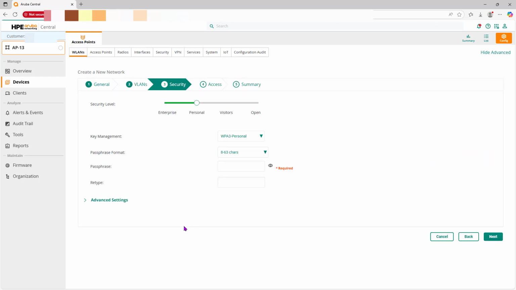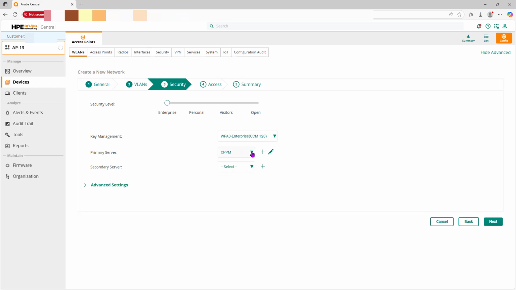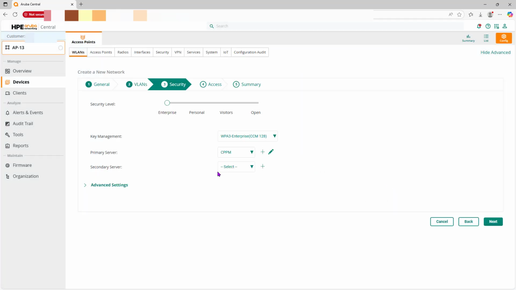And if we go next, we can go enterprise, but we need to add settings like who is the ClearPass. We already added ClearPass here, and we can add a new one. But ClearPass here, this is the one we have already added. And then next,